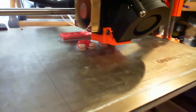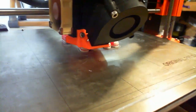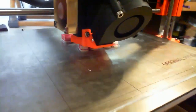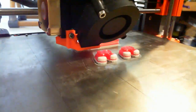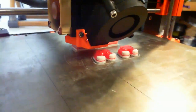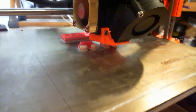I'm going to show you some prints that I've done that are not protopasta. Do I have a protopasta right now? Did I do this one on the? No, this was done on the Cetus with Inland, which, the Cetus slicer and stuff does a really good job. But